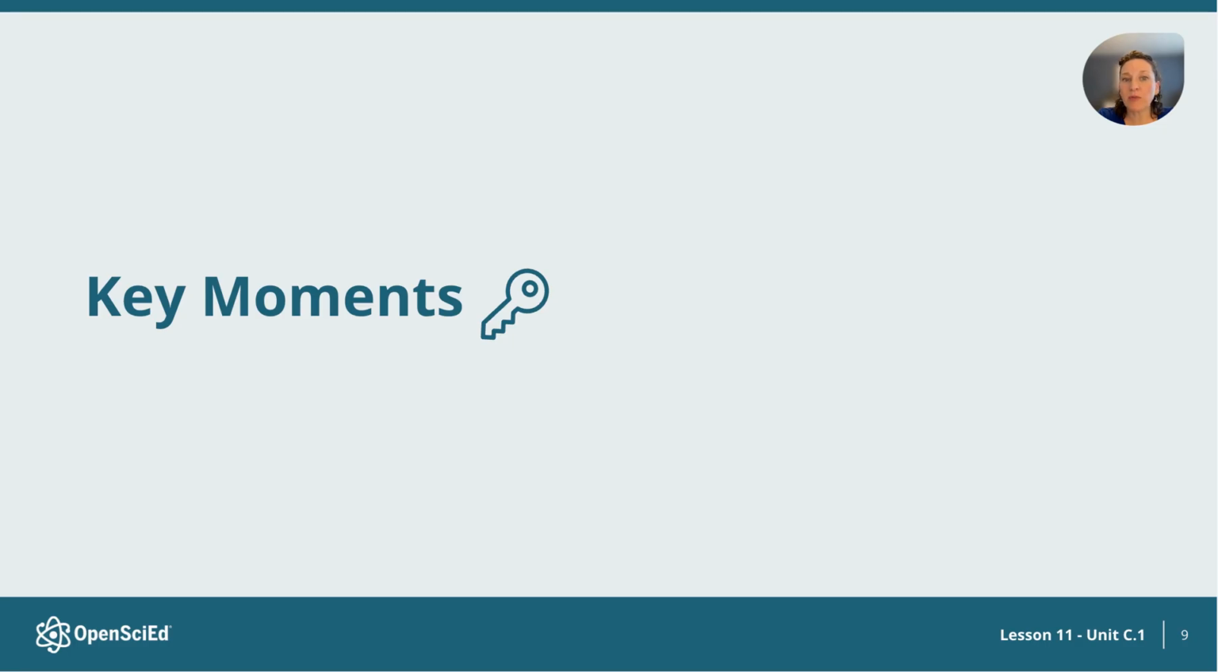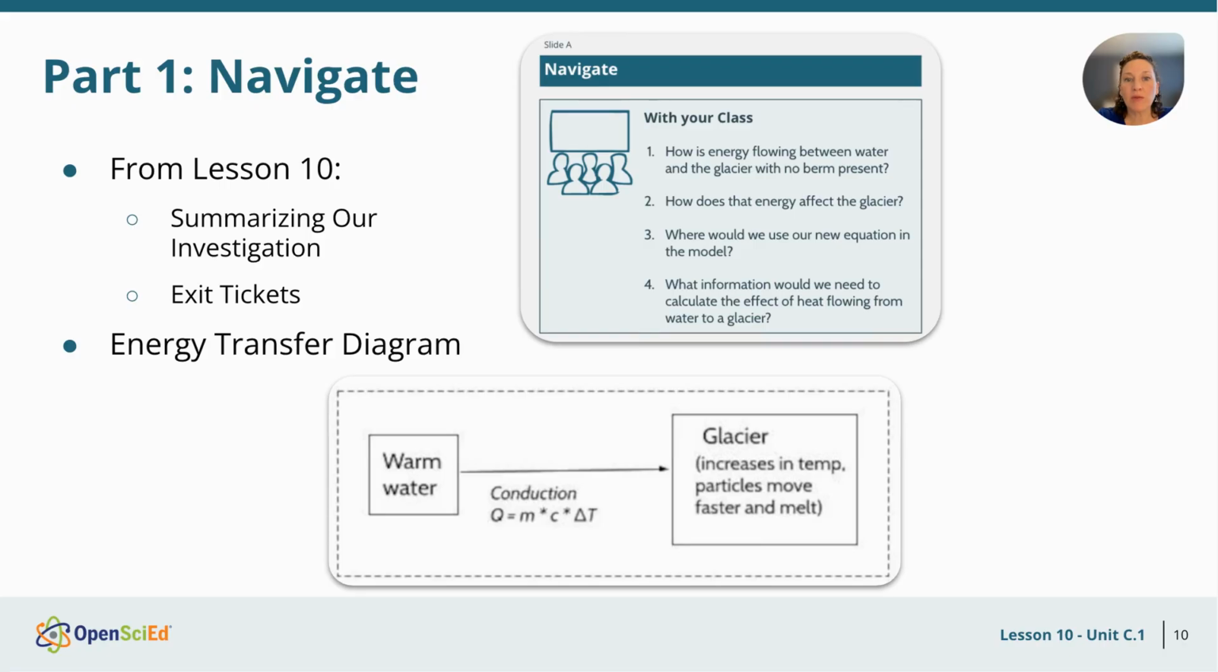And now for the key moments. The key moment in part 1: the students are summarizing our investigation handout and their exit ticket from lesson 10. They'll reference those during the navigation discussion. You'll draw on this information so that you can make an energy transfer diagram to help your students make a connection back to the equation that we developed at the end of lesson 10. The key takeaway is because the energy is conserved, the heat that transfers out of the water in our investigation